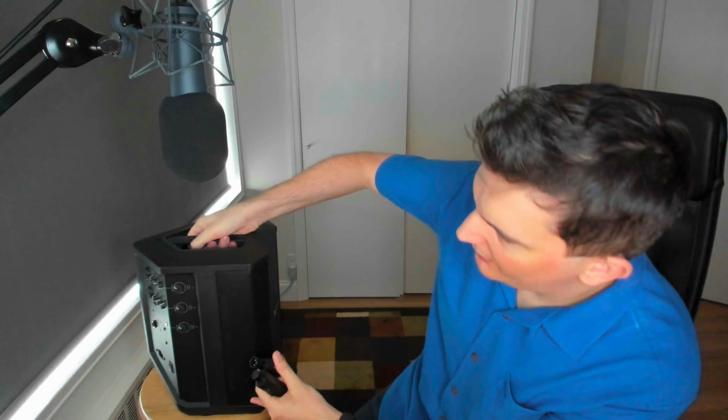I've also told you about the Sennheiser wireless system. And what I've been doing the last few months is using them together. Let me show you how that works. So what I have here is the Sennheiser XSW-D. This is for the microphone. So if I turn this around,